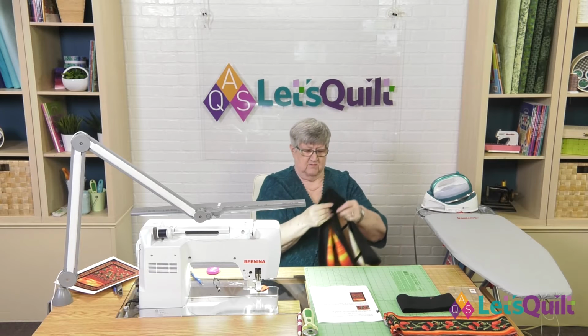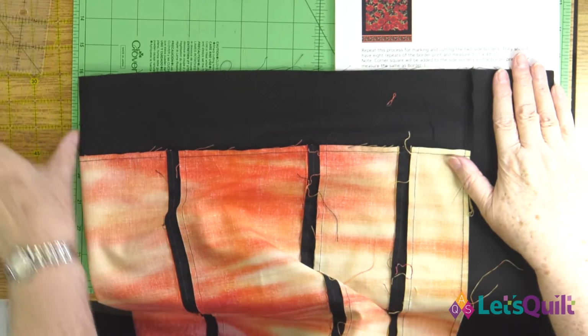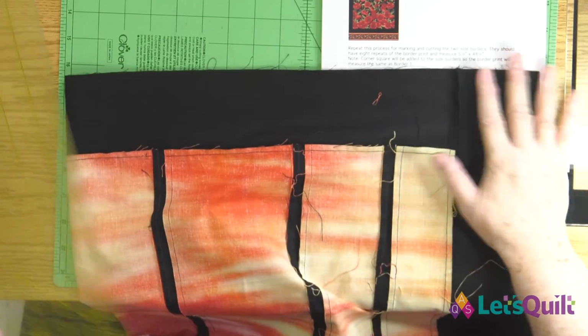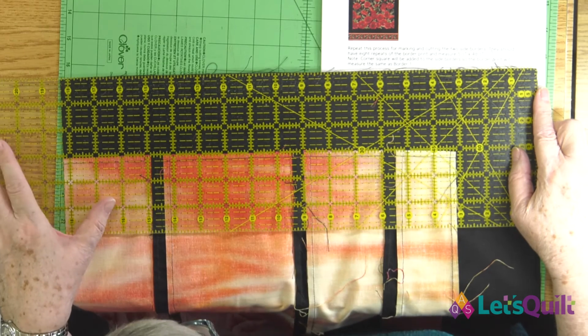You see how this is getting big enough? This will make a nice little throw, won't it? Okay, so now I can use my 24-inch ruler. And let's get one down here. And so this measures